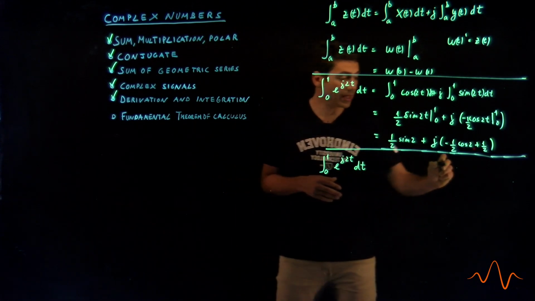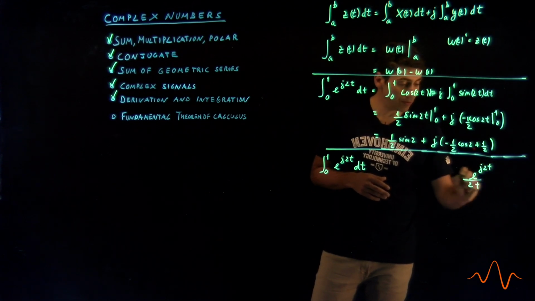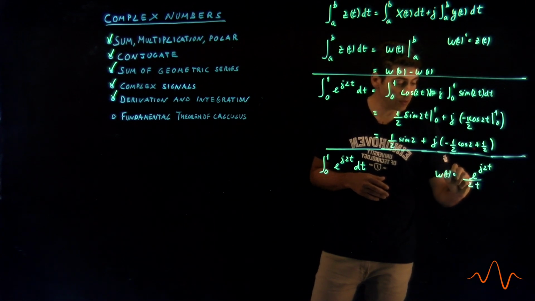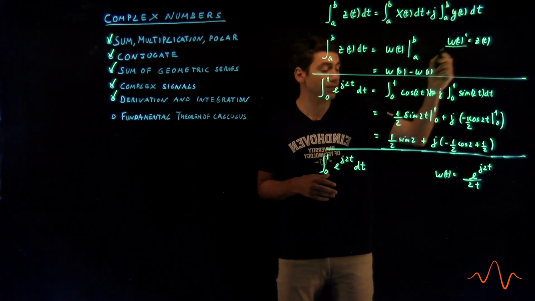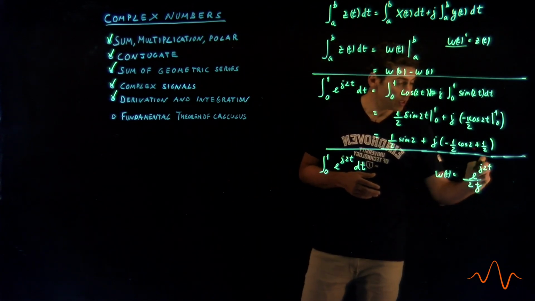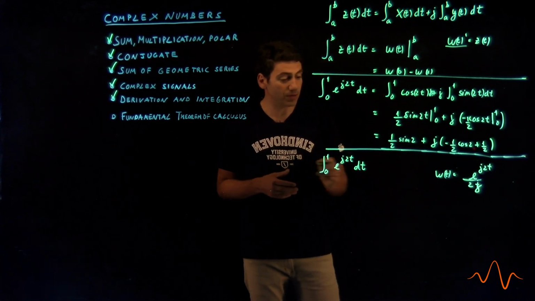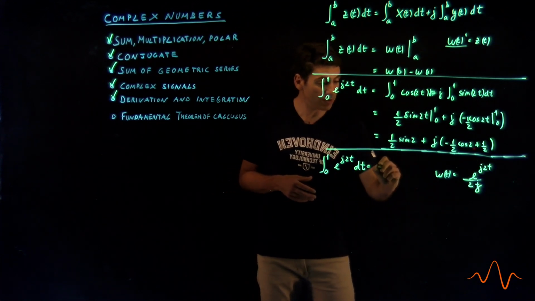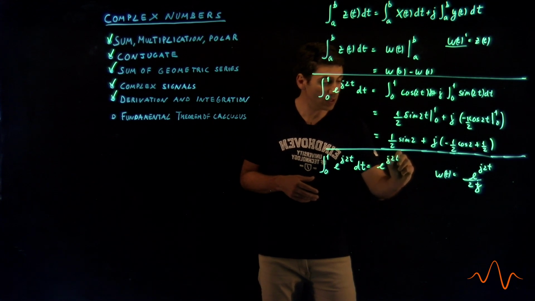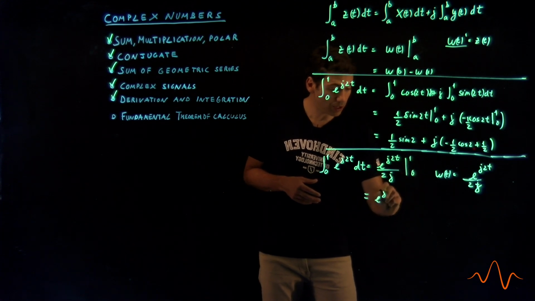And since we know that if we try out this one, e to the power of j 2t over 2j, if we make w of t equal to this, we know that once we take the derivative of w of t, this 2j will cancel out and we'll get z. So this is the primitive. So we can just simply use this primitive, e to the power of j 2t over 2j, evaluated at 1 and 0, and this gives e to the power of j 2